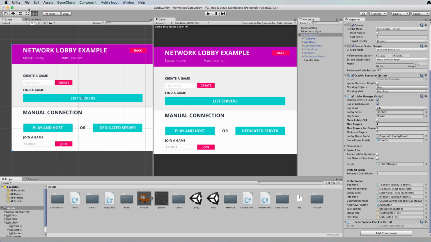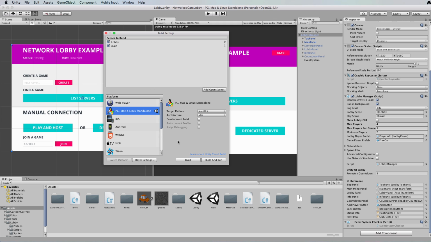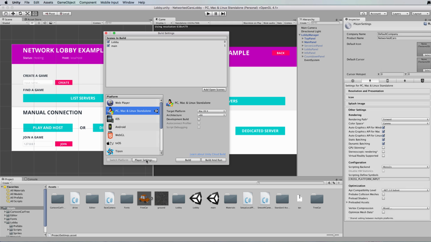The next step is to build this out. To do that, we go File, and we go to Build Settings, and then you can set the player settings if you desire. So over here, I'm going to change the company name to Holistic 3D, and I've got a product name of Network Cars. That will do. And then we want to press Build. We're going to build this file out, and I'm going to save it to my desktop, and then I'll actually make another few copies of the application that gets built out